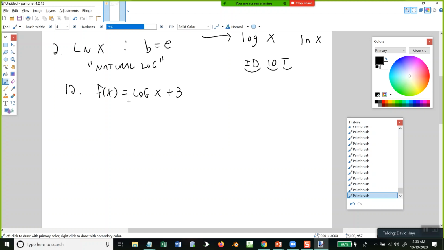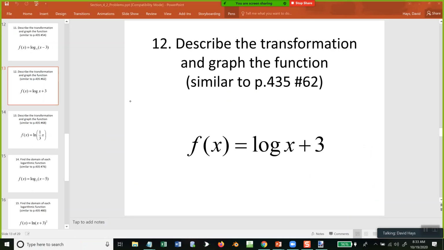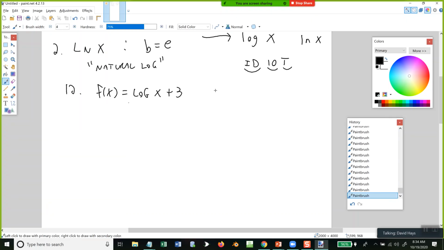Okay, now this one, this transformation is easy. The +3 at the end is up 3, but the graph is the important part. Now I want to graph this. Now I got a log button, so I don't need to use the change of base. So I'm going to press my y equals, clear,